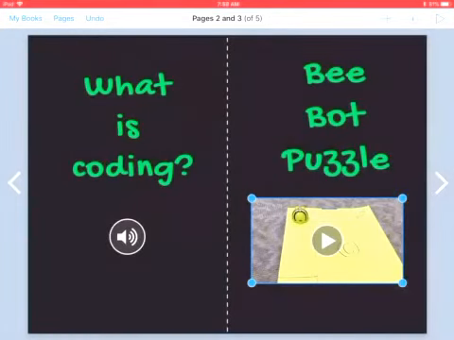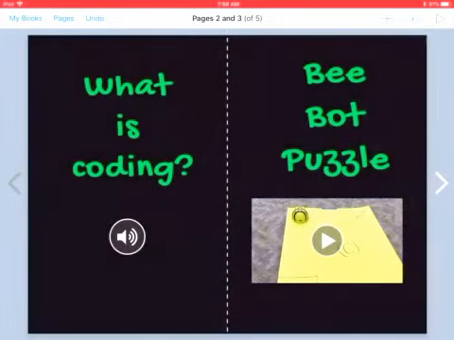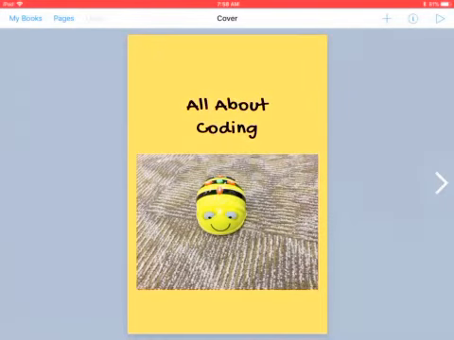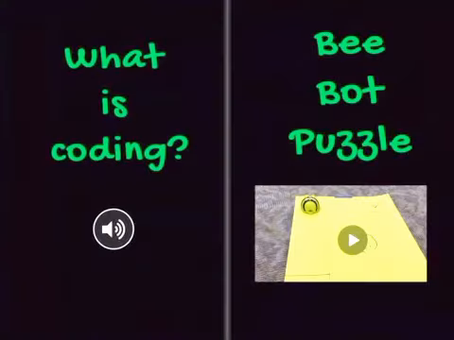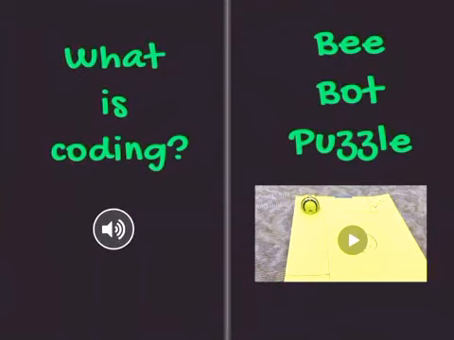Once you're ready to see your final product, you can go ahead and push the play button in the top right corner, and it will show you what it's going to look like. So all about coding, and you swipe, and then you click on each of these things. What is coding and the Bee-Bot puzzle, and you can see that people